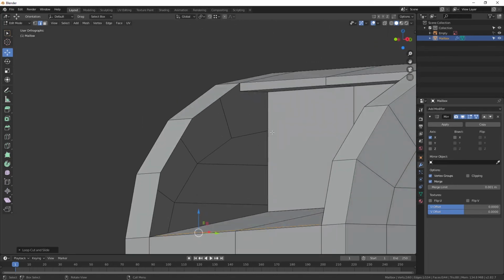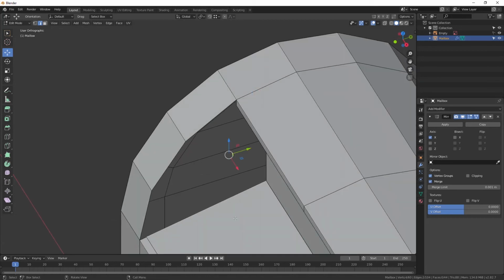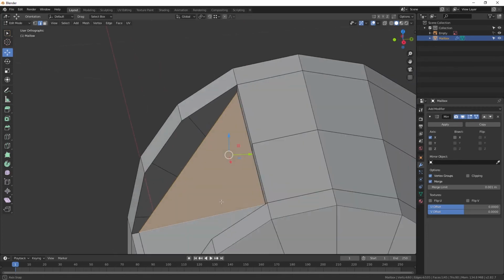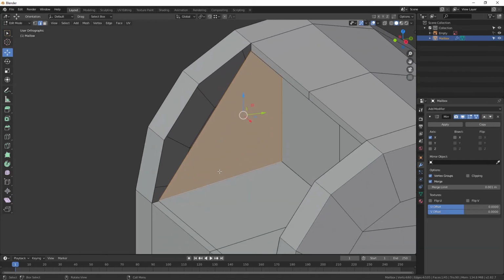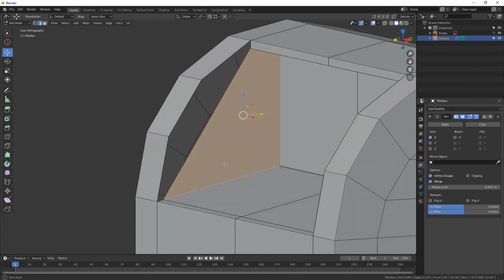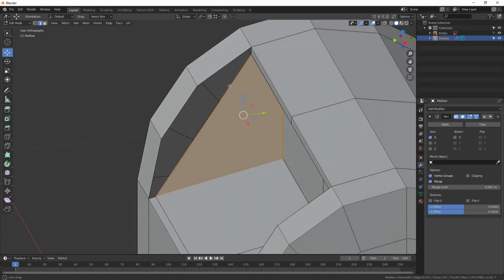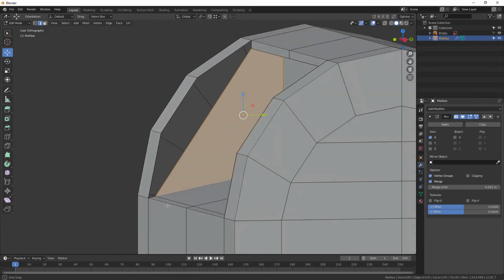And then for this, we can close this up pretty easily. We've got one edge, two edge, three edge. Then if we make a face between here and here, that's going to create a nice quad. So we hit F, let's kind of fill that in. Alright, and then from here, best way to do this? I kind of want to have a